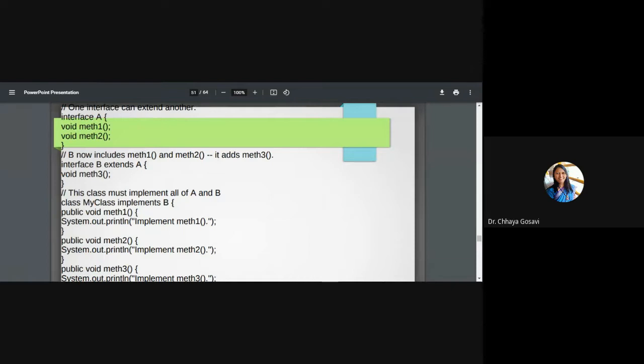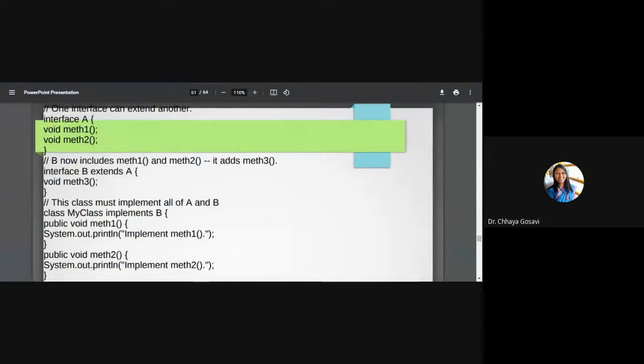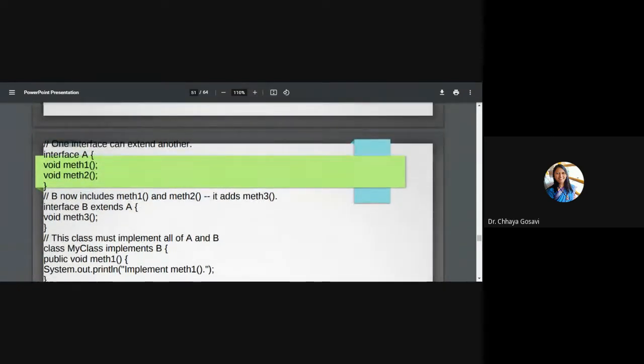I hope it is visible. So one interface can extend another. We have interface A with two abstract methods, meth1 and meth2. Now B includes meth1 and meth2. It adds meth3. So how can we extend an interface?